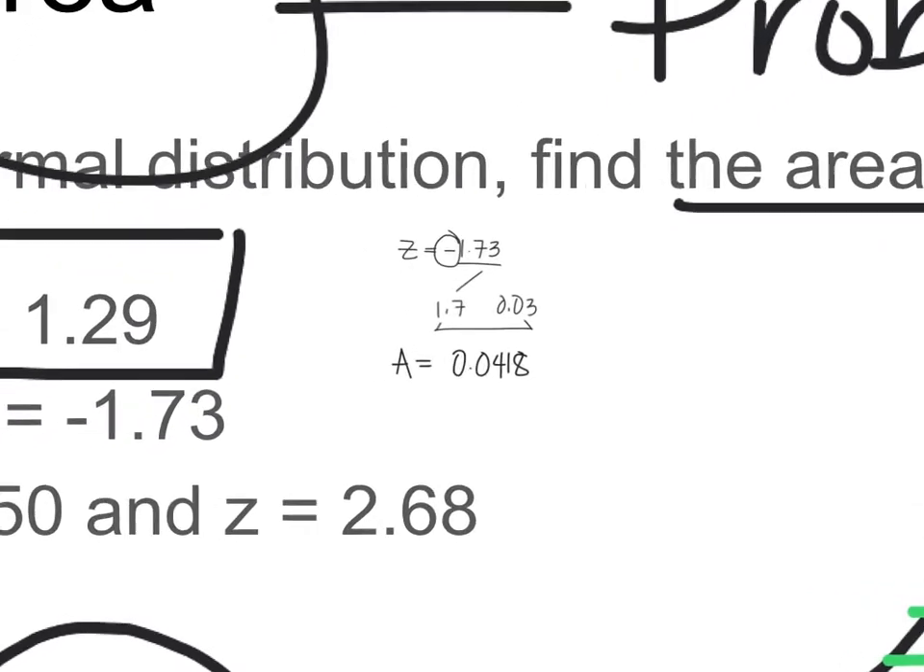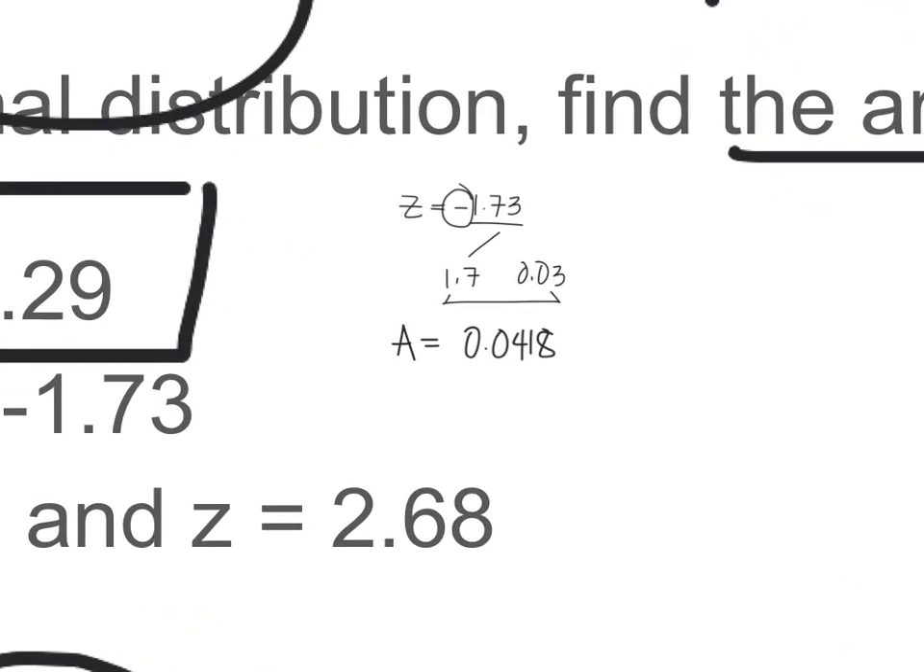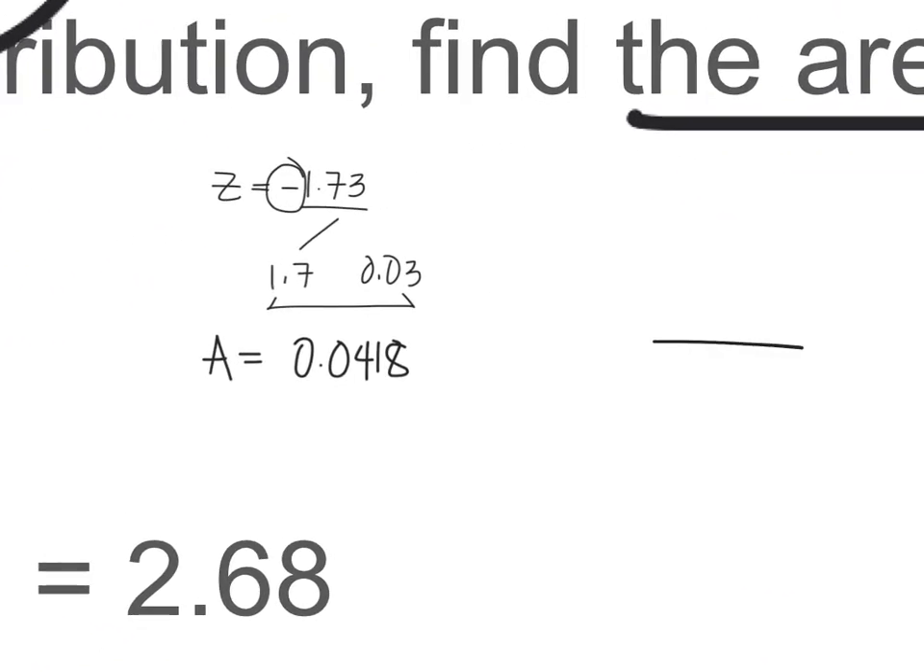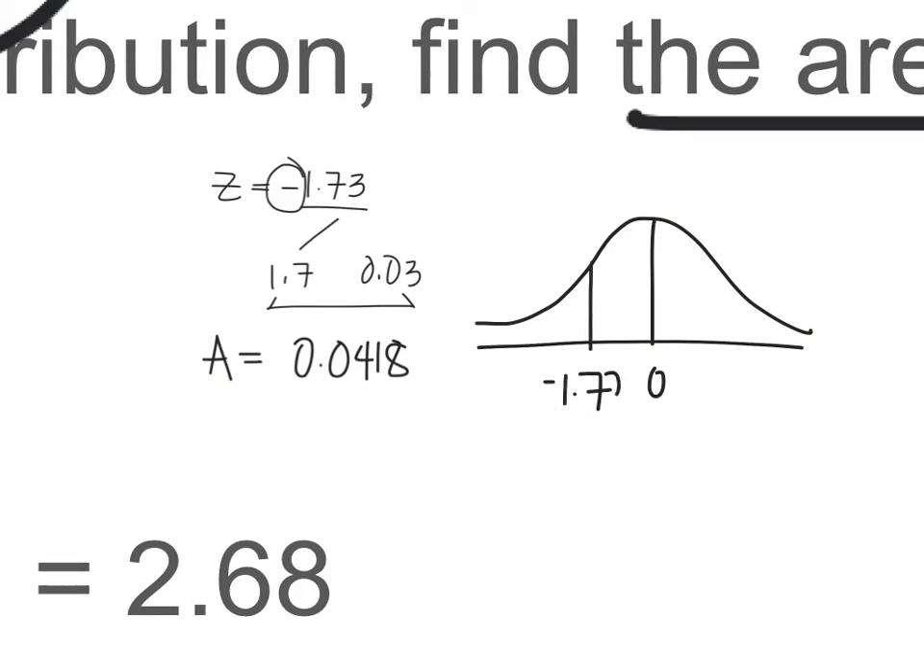But remember, what we want is the area to the right. If we are considering the normal curve, and this is 0, and negative 1.73 is here, the 0.0418 is the area to the left. So how do we find the area to the right? Now the area to the right can be obtained